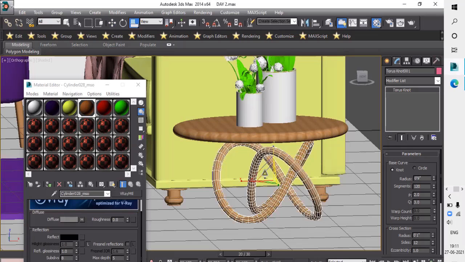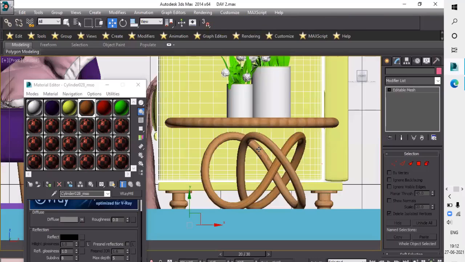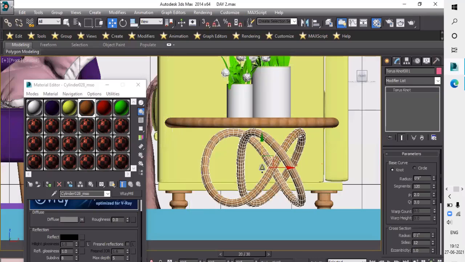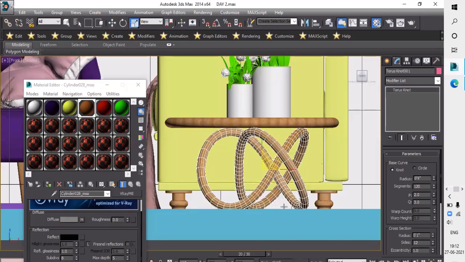Front, put Z. Yes. Yeah, it's right now.